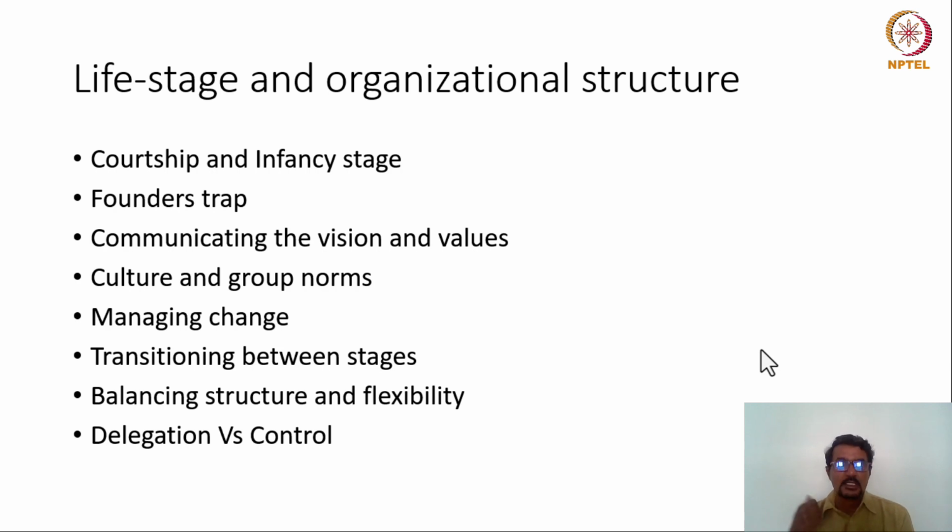They have a birth, they also have at some point death. Organizations also die or they become some other organizations. They transform into some other organization because of mergers and acquisitions or takeovers and things like that. But in most cases they undergo certain stages in their life cycle like organisms. There are many theories which explain life stages of organizations or startups. The first stage is the courtship stage,